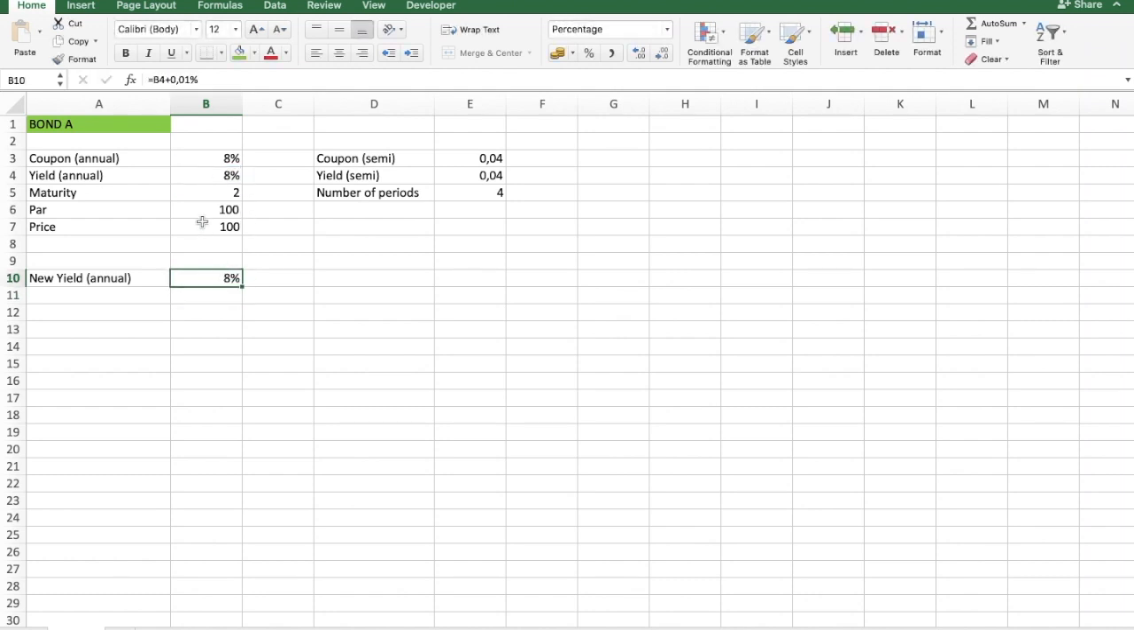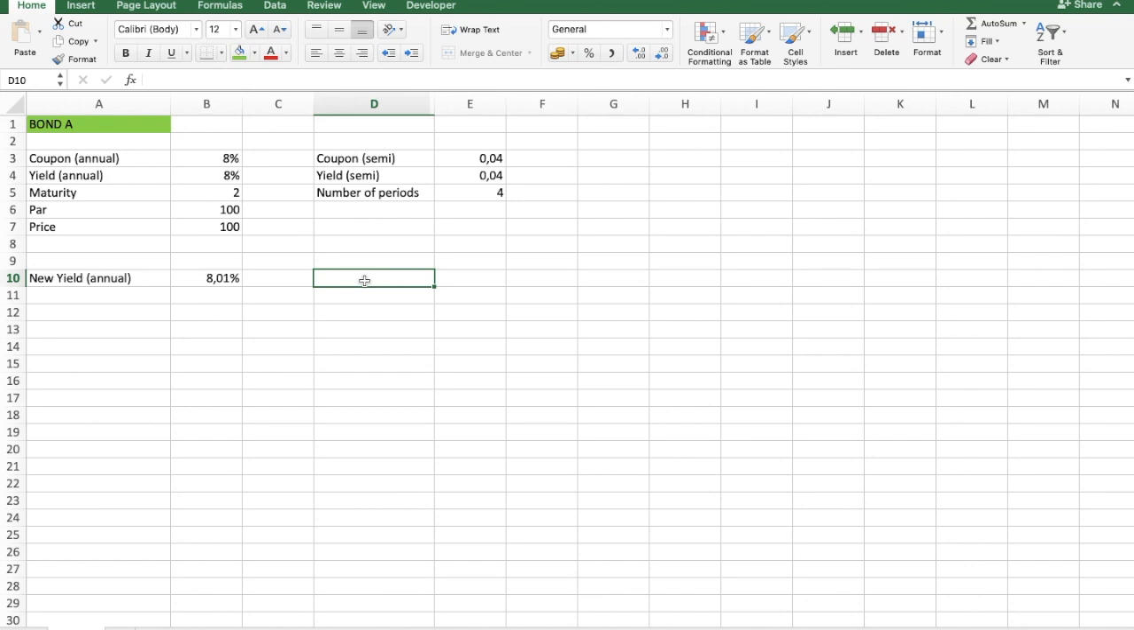Here we are, a format issue. It is just considering the number without decimals. So in order to get more decimals, we have to increase decimals, see? And we have here 8.01%,